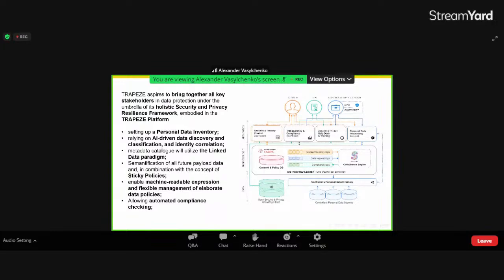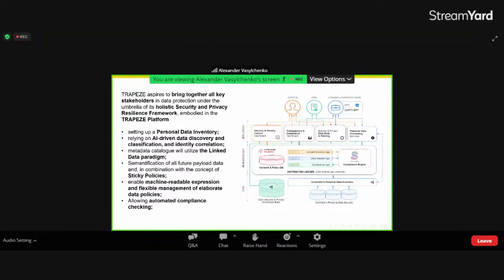So what we do, we have an AI-driven module which creates data discovery and classification and identity correlation of all personal data stored at different controllers, and we linked it in one graph using linked data paradigm, and basically we semantify your personal data, and apply to each data